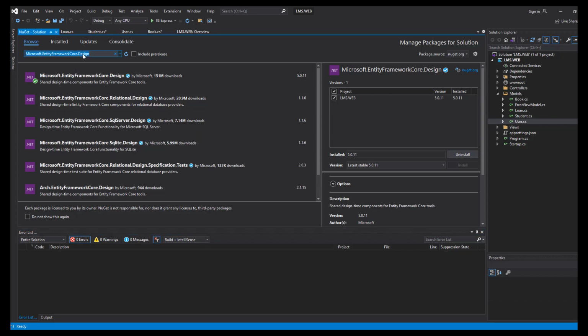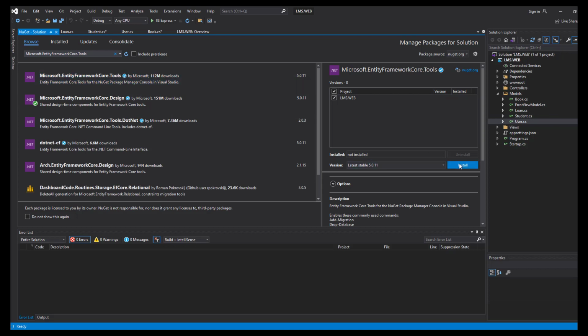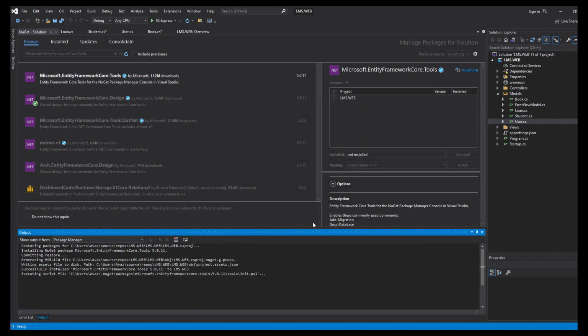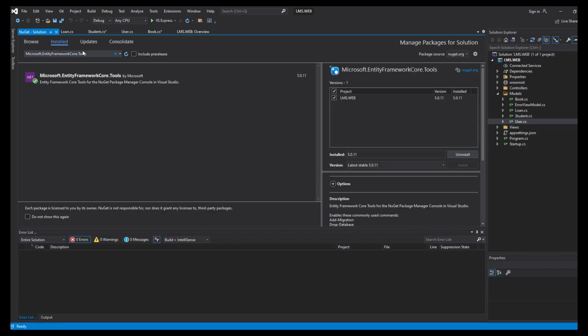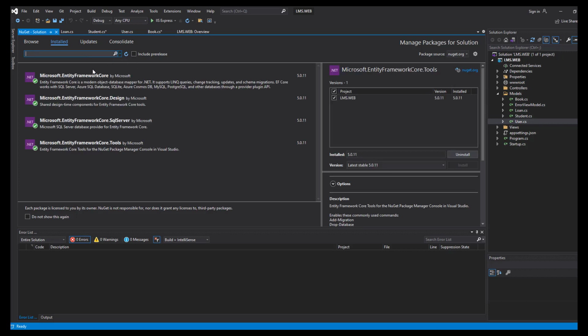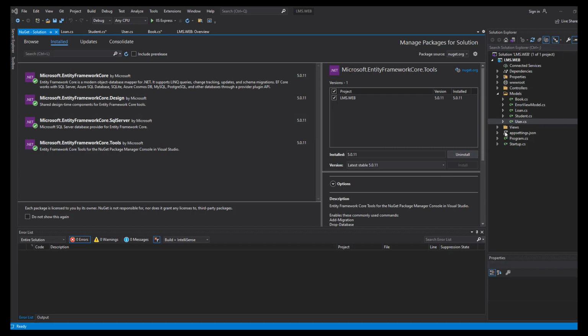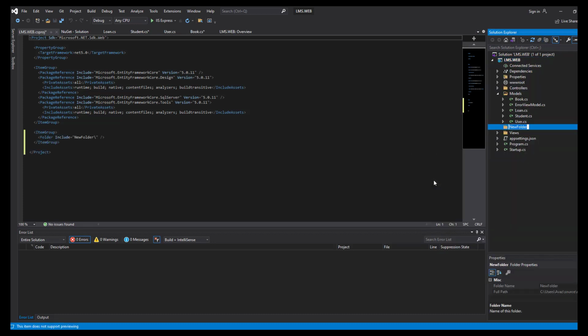And also we need tools. Okay, install, accept, and it's done. So I have these 4 libraries installed. Okay, and the next thing is we want to create context. So I'll just create a separate folder for that. I will say context,